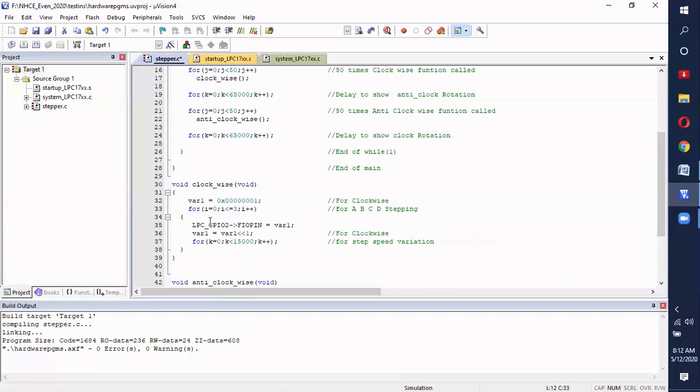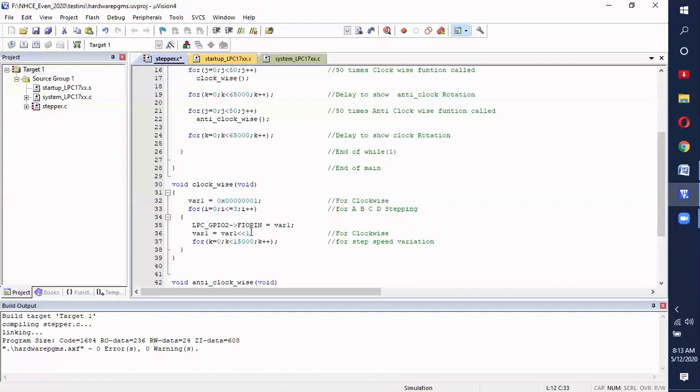First, the variable 1 value is sent to LPC GPIO2 FIO pin. That is, 1 is sent on the FIO pin of GPIO2, so coil A gets energized. Next, whatever value is in this variable is left shifted by 1. When you left shift 1 by 1 bit, the value changes to 2. After some time, that value is put to the FIO pin, so now 2 is sent and coil B gets energized.